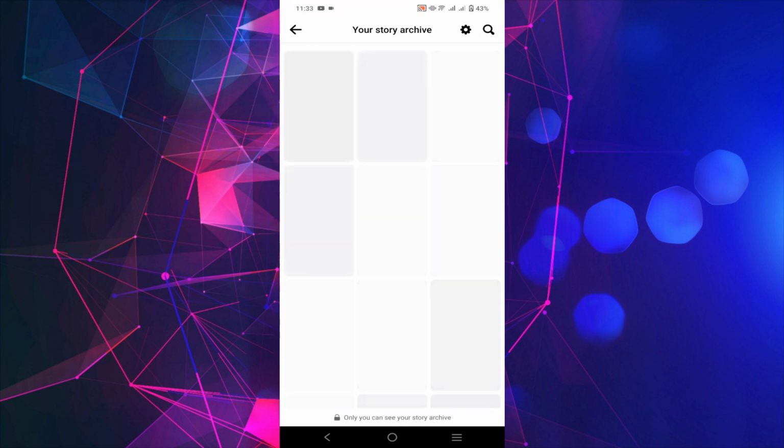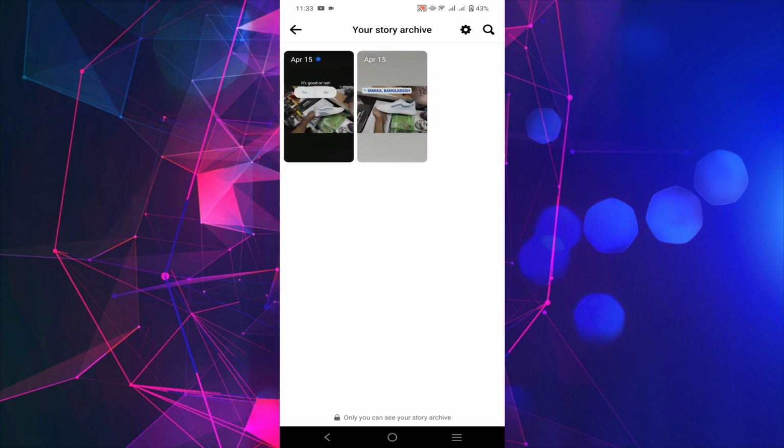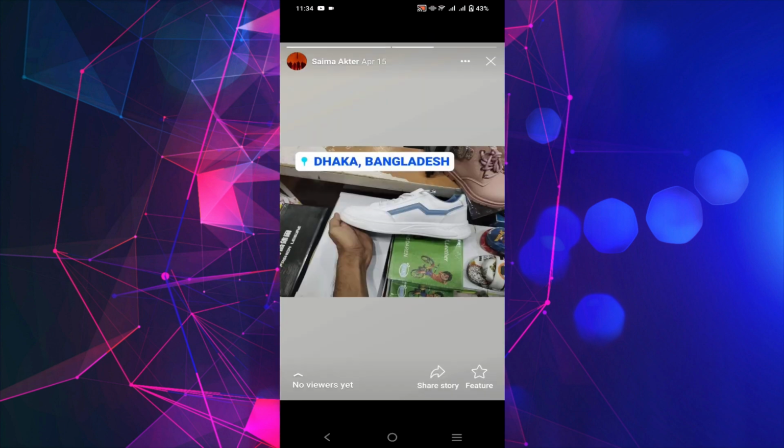And story archive means the stories that you previously uploaded on your profile. And as you can see, these two were uploaded on my profile previously. And to add these stories to my highlights, all I have to do is just click these stories and select, and you can see this feature option on the bottom right of your screen. Select that feature option,